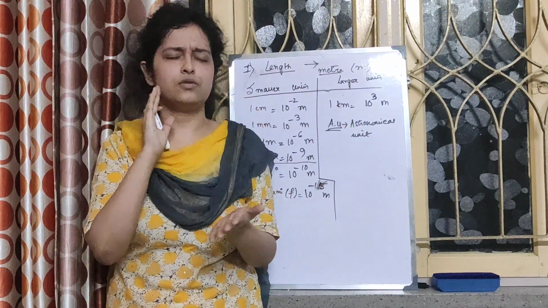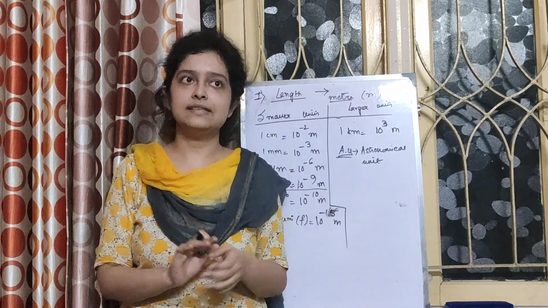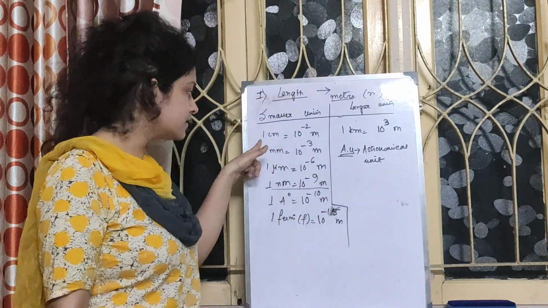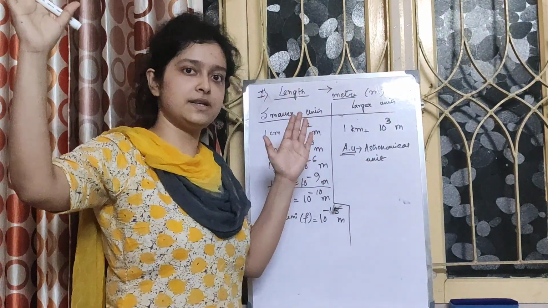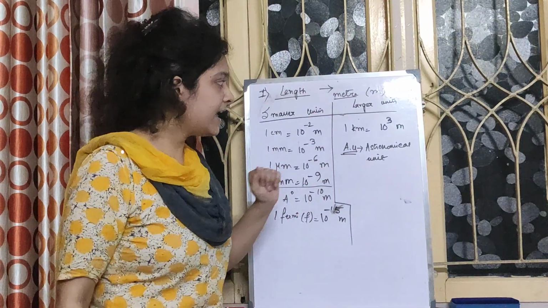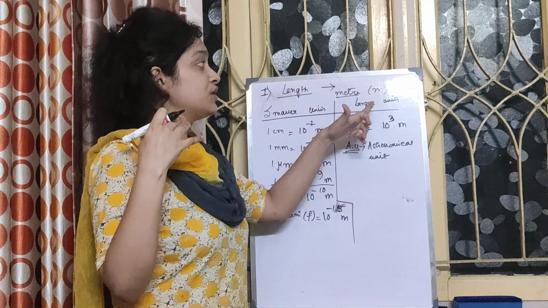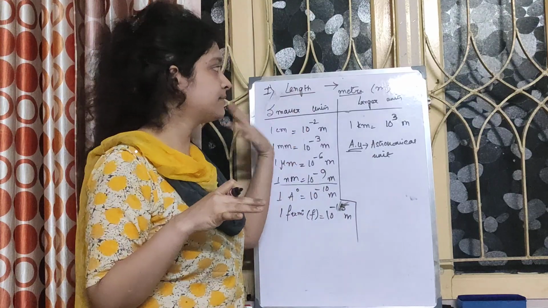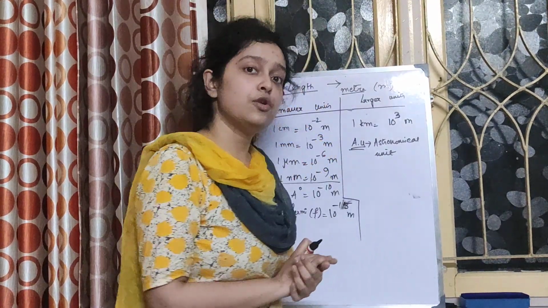For that, you can use common sense to understand that the distance is very large. For that, it's very inconvenient to use meter. Obviously, we cannot use all these units. Then we will have to use a very huge value to express the number. In fact, kilometer is also not sufficient. So we need some larger units, multiples of meter, so that we can express it conveniently. Okay. For example, astronomical unit.